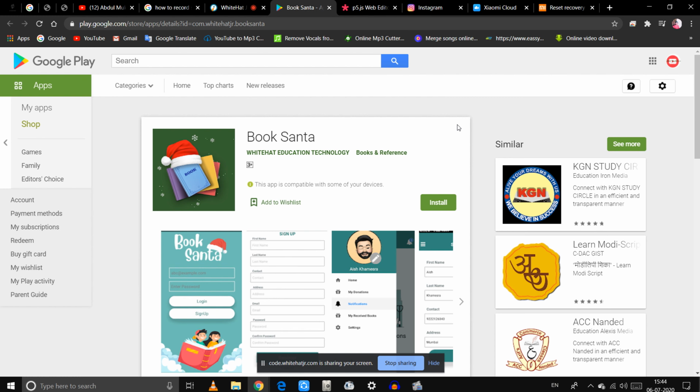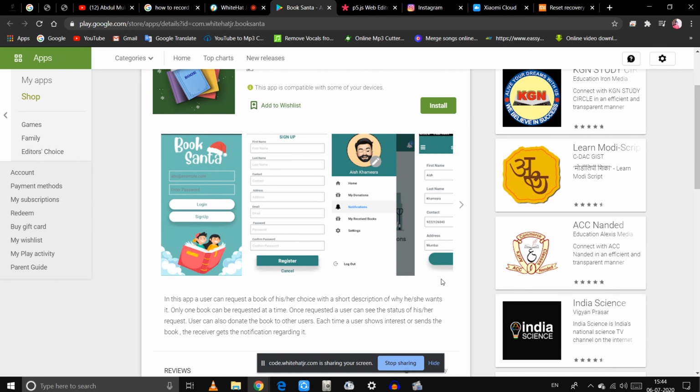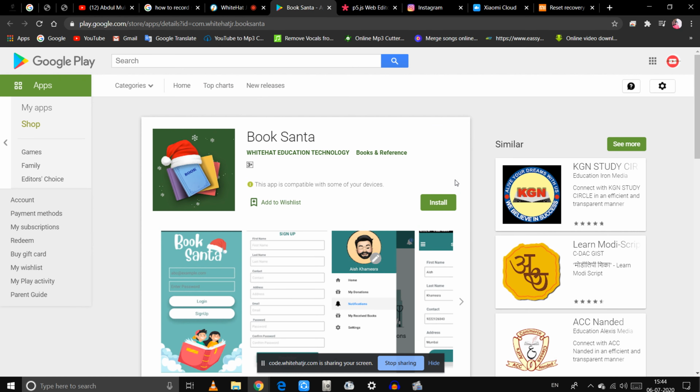Then you can provide the description of whatever book you want, and then you can issue that book. You can also share it with your friends and relatives, and they will receive a notification regarding it. So these are all of the features that the app contains.